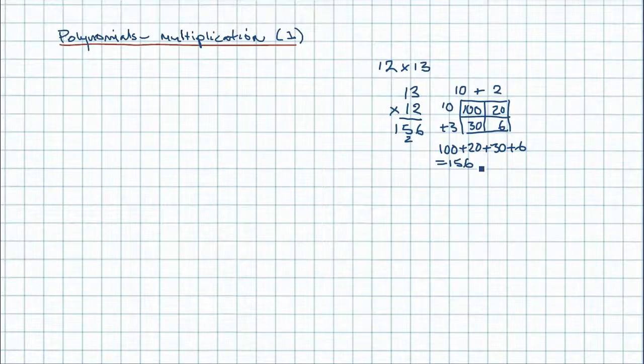156. Now this is very close to what we're going to be doing algebraically, because this, of course, is gathering like terms. So the 100 became the 1 here, the 20 and 30 are two terms which are like, so these are like terms, they became the 50, and then we have the constant of the 6, so that became the 156. I also want to mention the horizontal method where we talked about foiling,